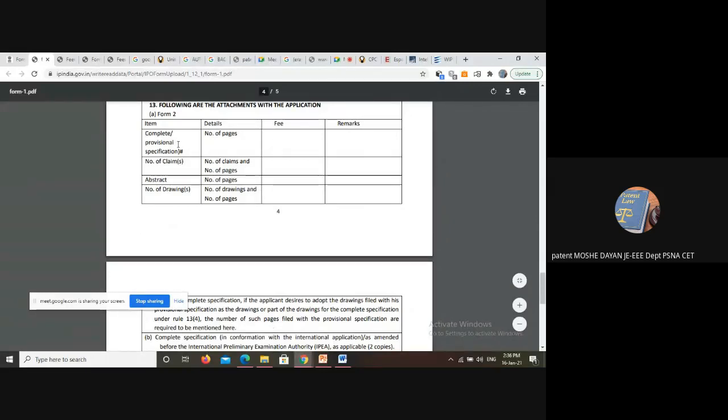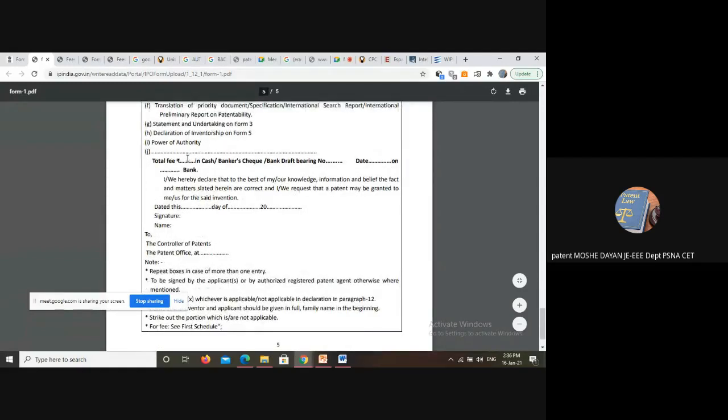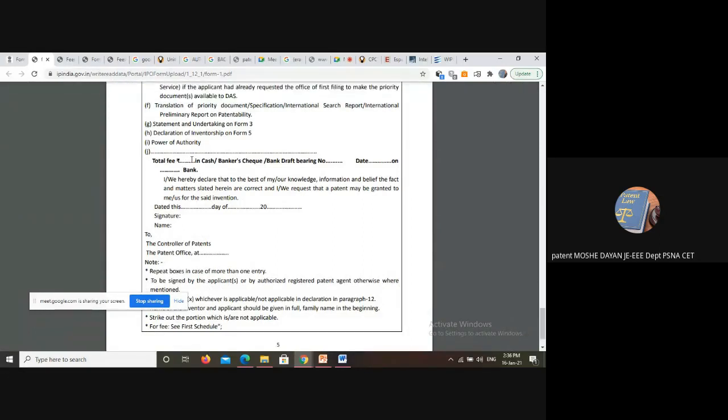Because we are initially, while filing for the provisional application, I said form 1 and form 2 are required. So form 1, form 2, and number of diagrams, number of drawings, number of pages, abstract, a 1-page write-up, and number of claims. For provisional applications, claim is not required. So these things you have to fill up, and you have to pay. Either you can send a demand draft, or you can go in person and pay the fee. The best option, due to the COVID lockdown now, is the only option you have: you can post it by India Post, by Speed Post.